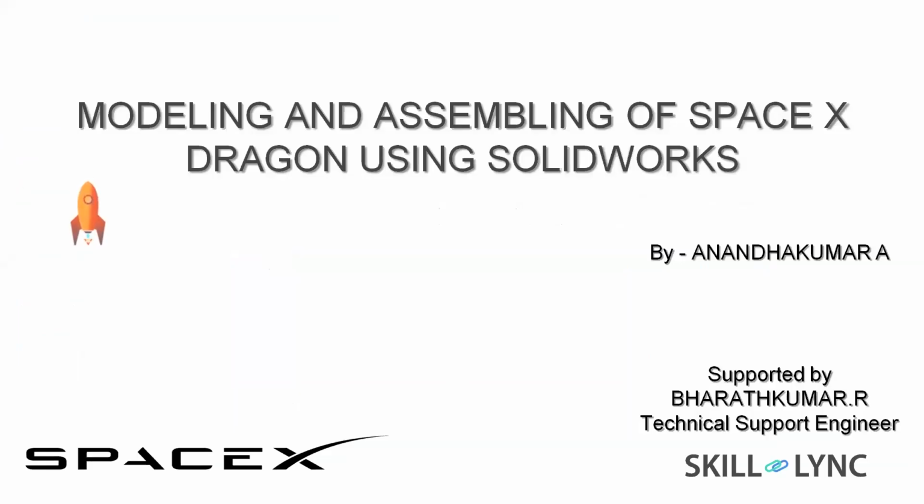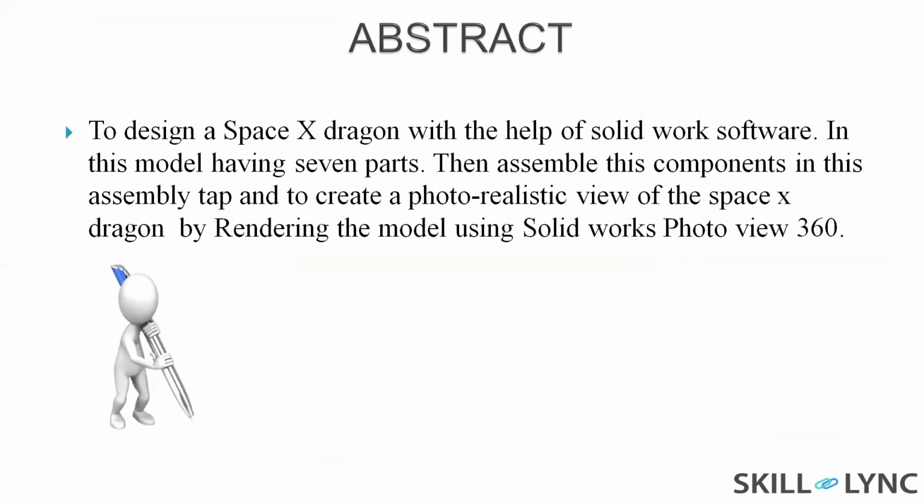I'm going to present my independent project, modeling and assembling of SpaceX Dragon using SolidWorks. This is the abstract of my project. To design a SpaceX Dragon with the help of SolidWorks software, this model has 7 individual parts. Then assemble these components in the assembly tab to create a photorealistic view of the SpaceX Dragon by rendering the model using SolidWorks